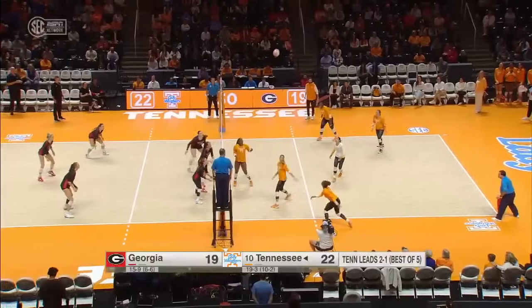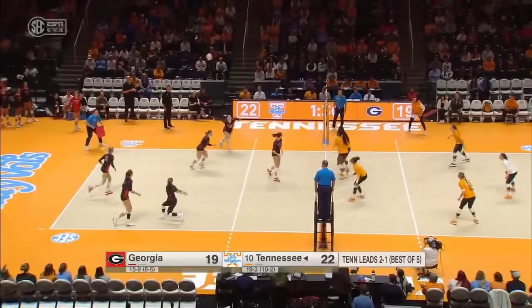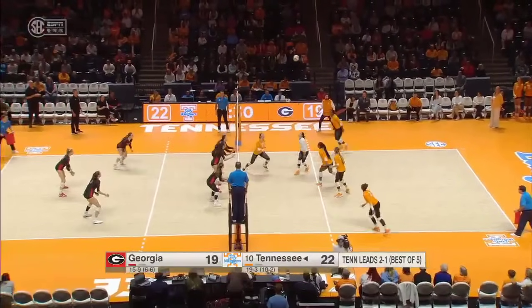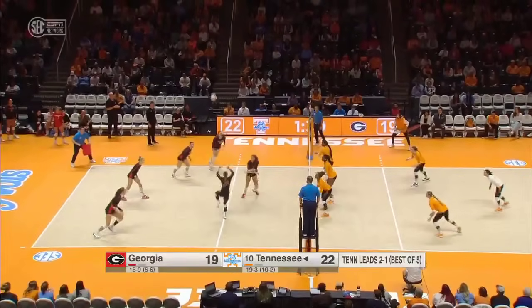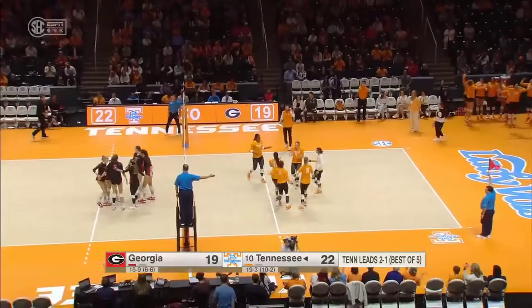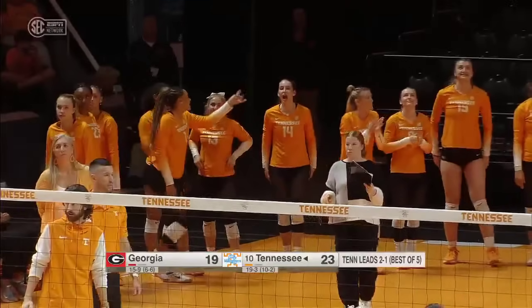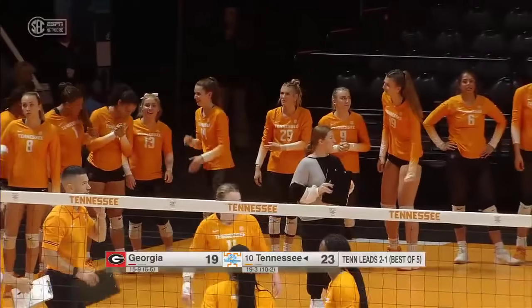Good combo dig from the Lady Vols. Here's Lovett. Fisher able to keep it around. Evans blocked back for the moment. Lovett, cross-court dug out. Downing was there. Here's Fisher. That is wide. It's long. Point Tennessee. Tennessee is really closing this gap. So if Georgia's gonna come on, it's gonna be a